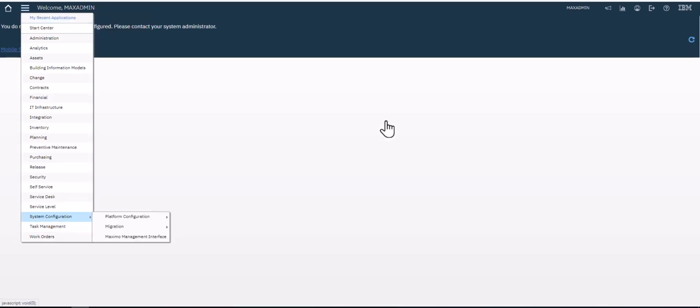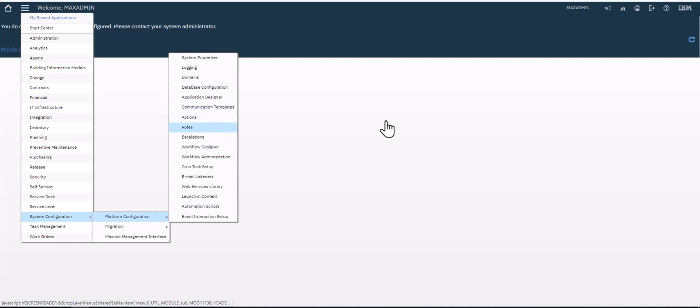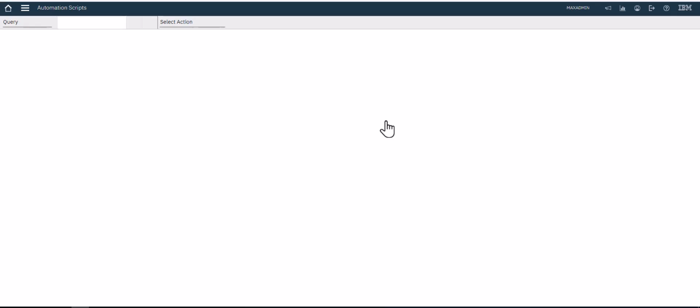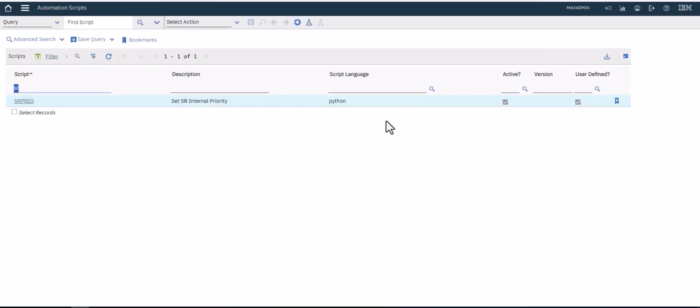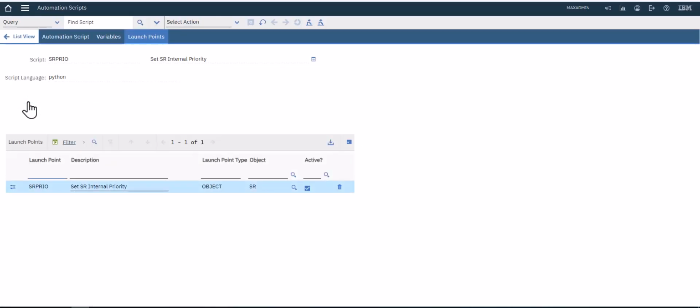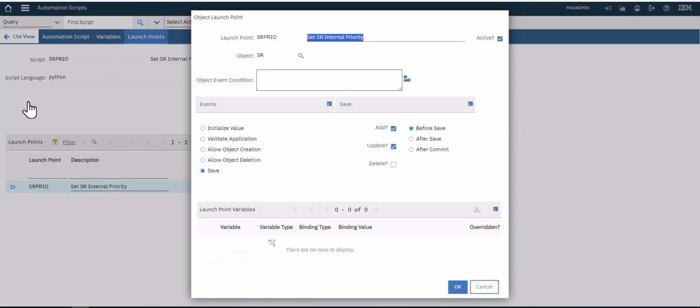We will go to the automation script application. This is the script that has been created. It's an object launch point for the SR object. Make the event as save, and add or update. And before saving,